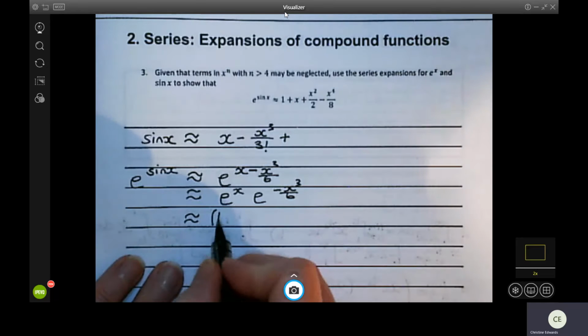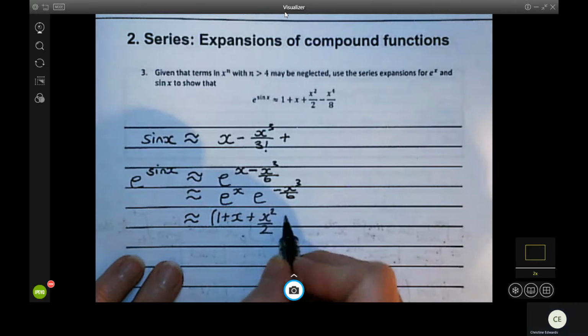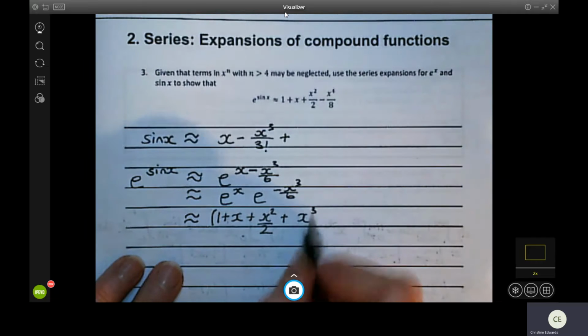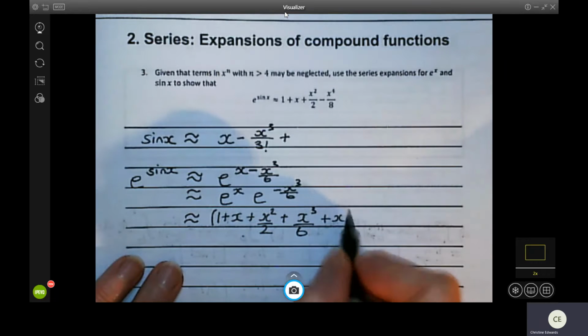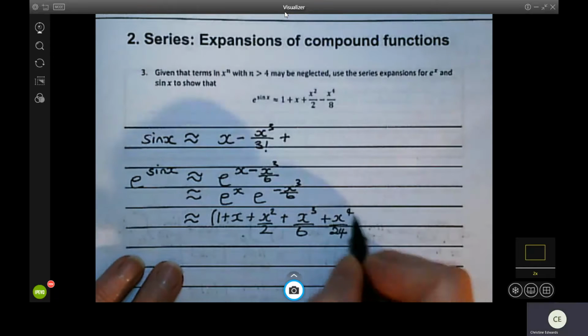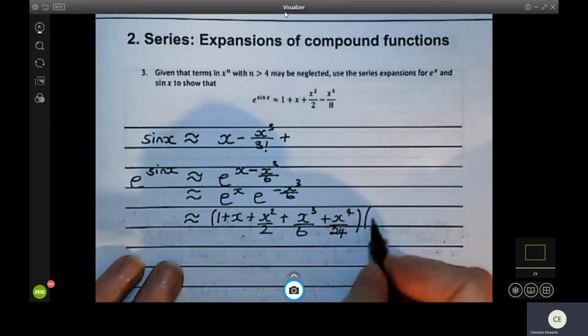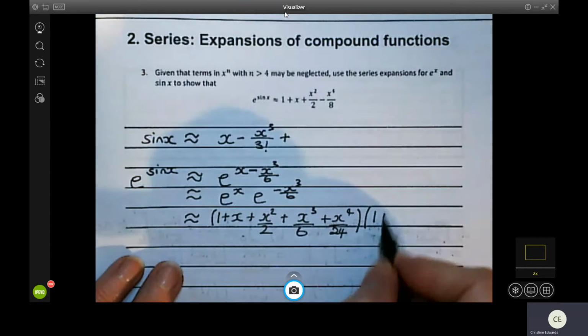The first one I get 1 plus x plus x squared over 2 plus x cubed over 6 plus x to the 4 over 24. My next bracket will give me 1 plus